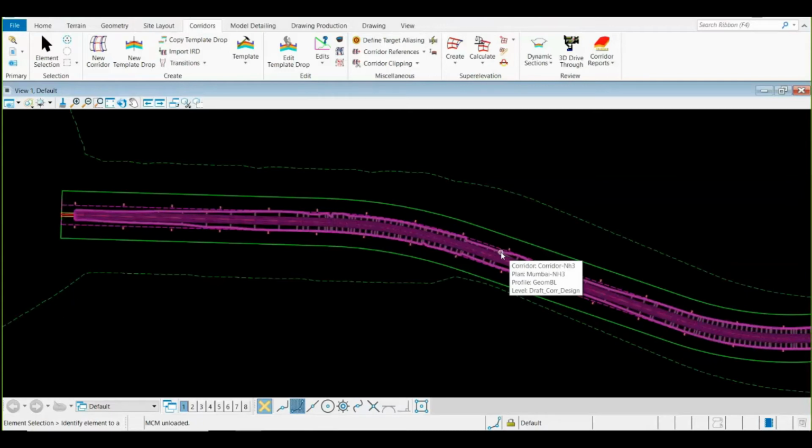Supervision section over my corridor, and we have seen this tool as well. Within supervision, we have seen how to create our supervision sections, and how to create them manually, supervision lanes separately for the left as well as the right lane.